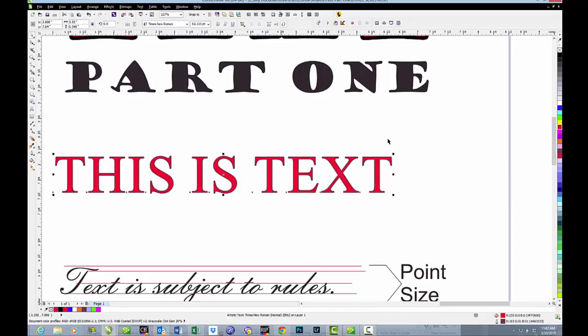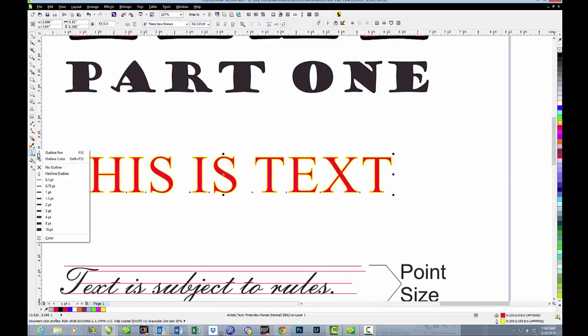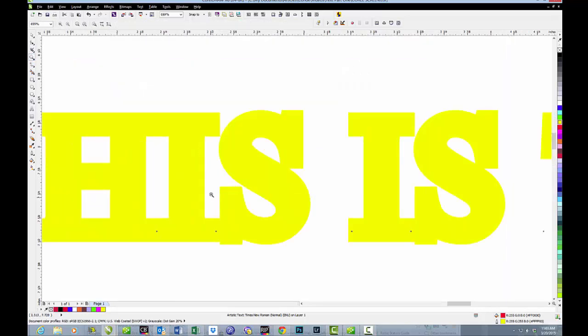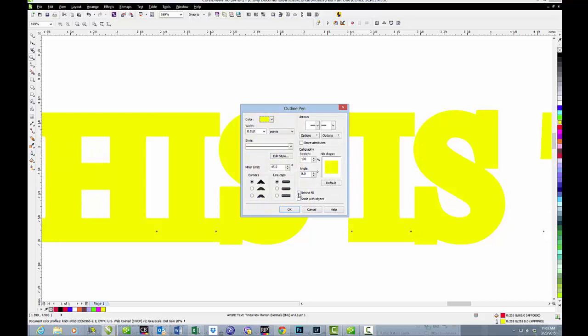Now we're going to do a fill on the text that is nice and bright so we can see it, and then we're going to do an outline, and now we're going to tell it we want a really thick outline. Whoops, what happened? Well, if we zoom in, you can see that the outline has taken over the text. But there's a way to fix that, and that is to tell it that we want it to do not only scale with the object, but we want it to always put the outline